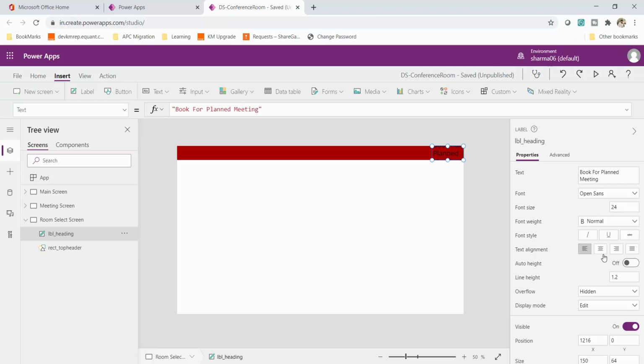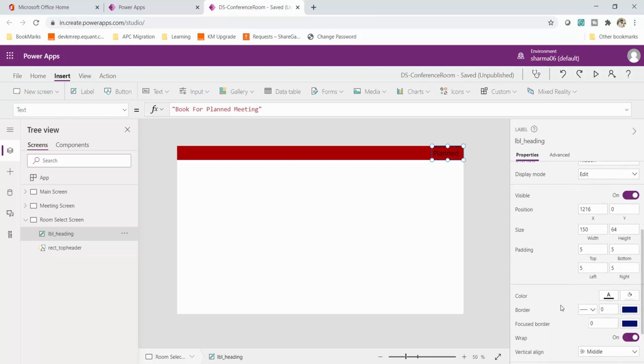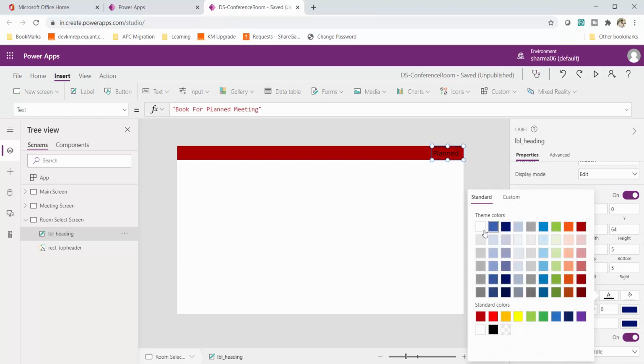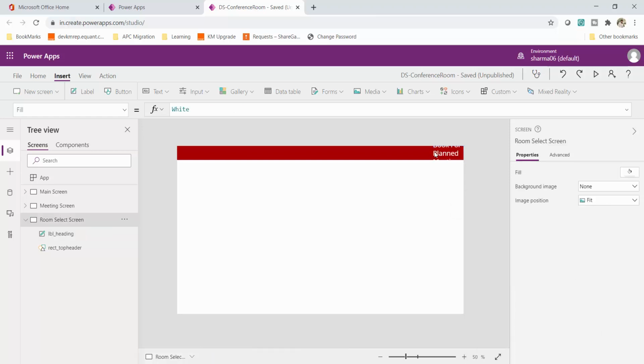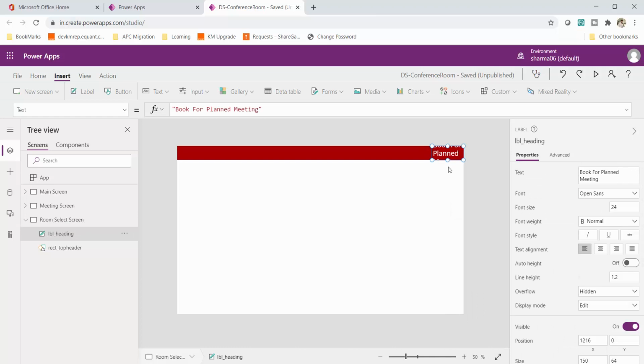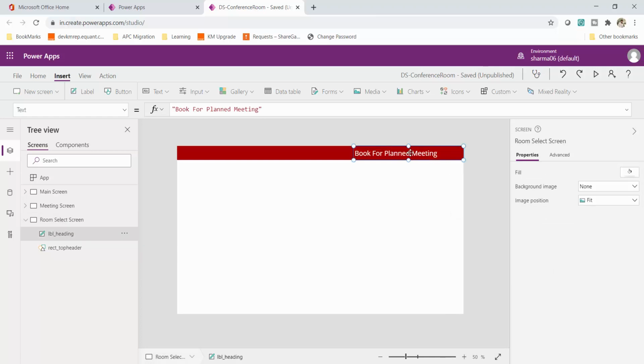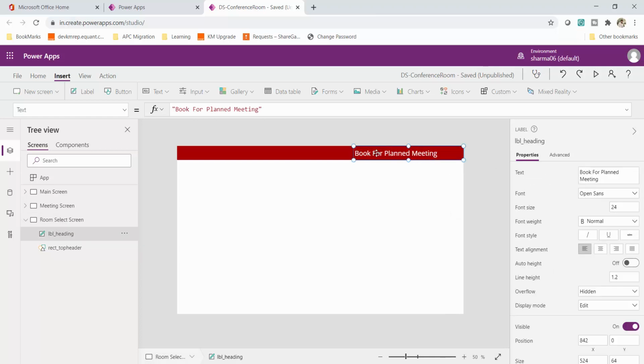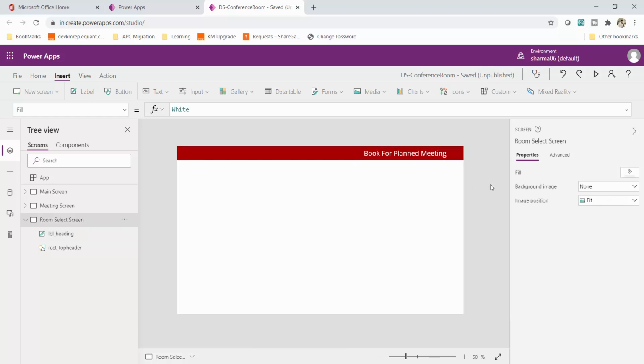Font color would be white and now it is visible. Let me just expand it. So it looks okay to me. Maybe I will move it a little more to the right. Book for planned meeting. So this is fine.